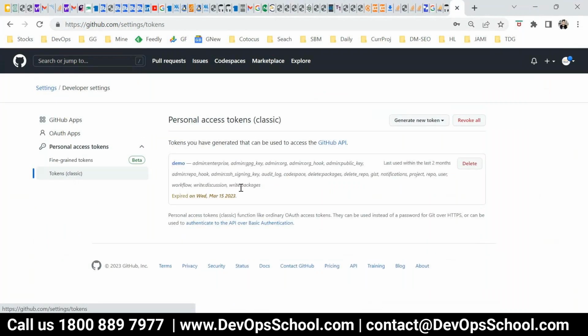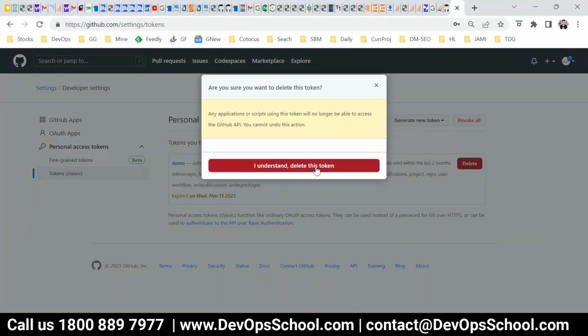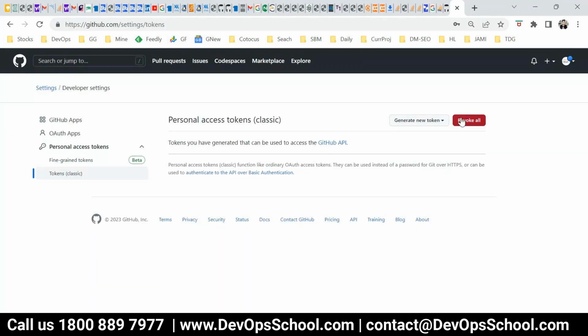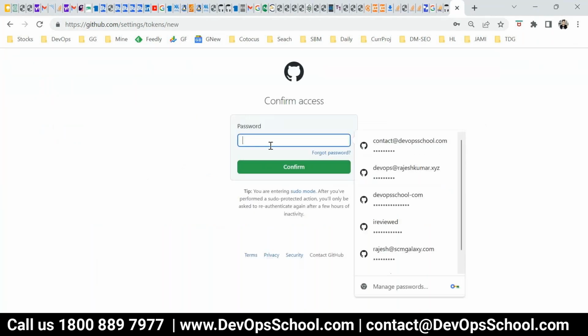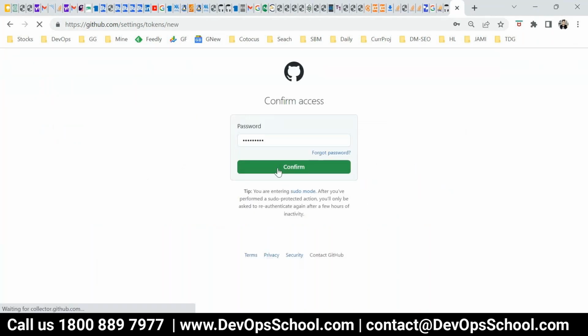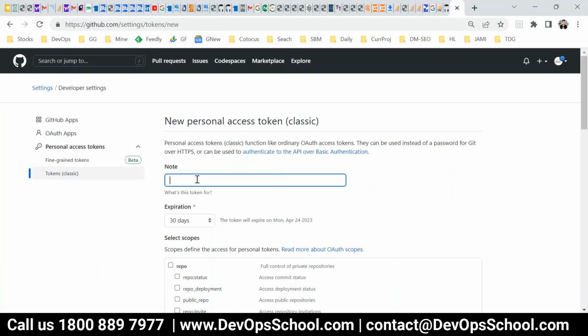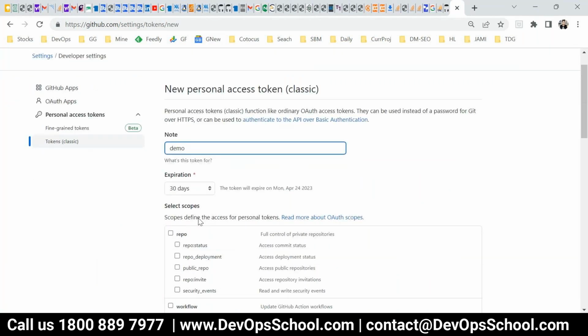This is the older one, delete this, generate a new one, password demo, give access as per your need.